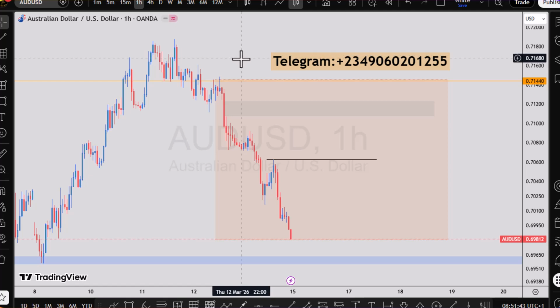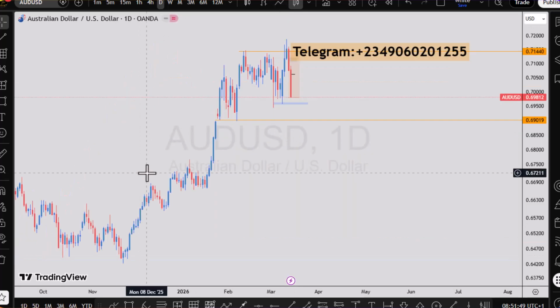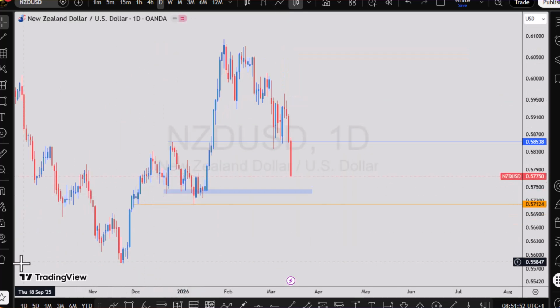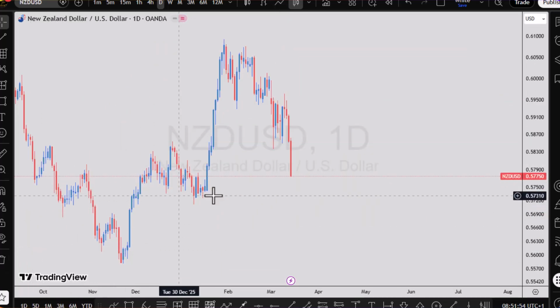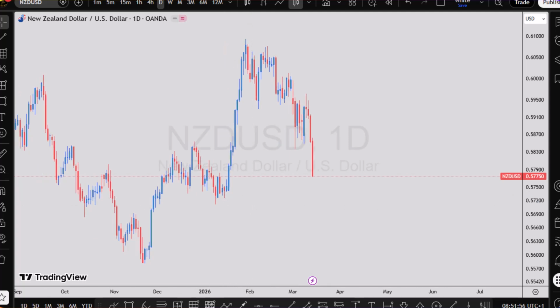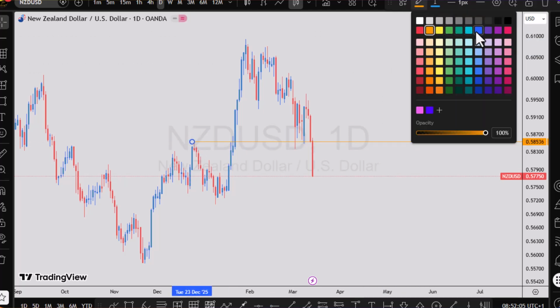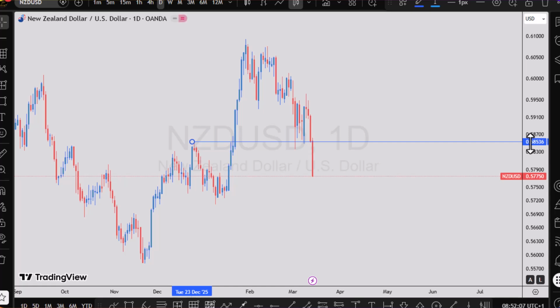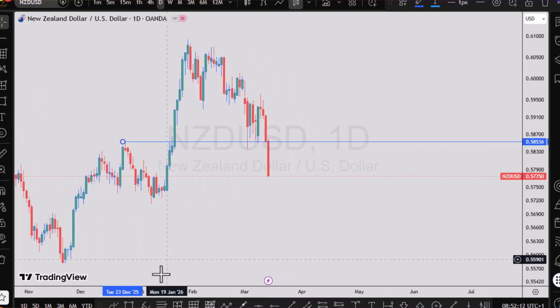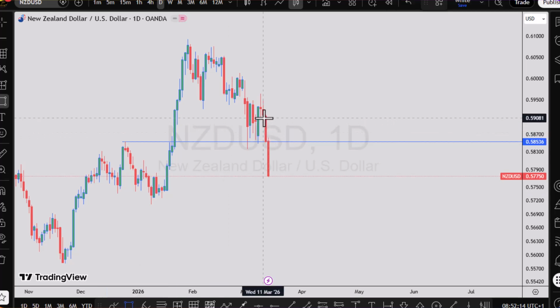Let's move on to the next currency pairs on our list, which is the New Zealand paired against the USD. New Zealand paired against the USD, we start these key level structures afresh. So we have some levels right here which we broke. That is the level at the 0.58536. You can see how we broke that level on Friday, and I take note of the massive open space